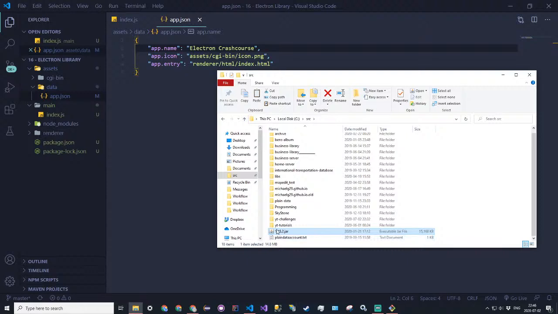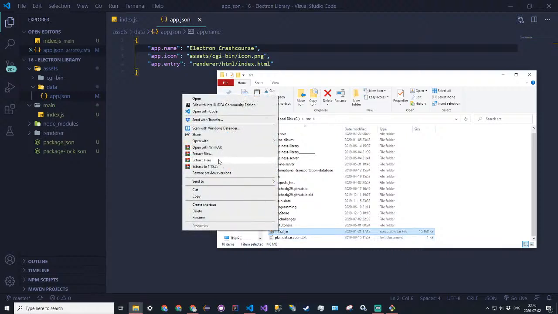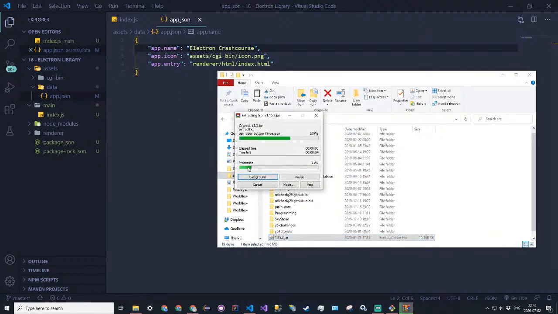I'm going to paste it in there, and if I unzip it, which you can with WinRAR, I'm going to extract it. What you will find is that each language has its own JSON file,